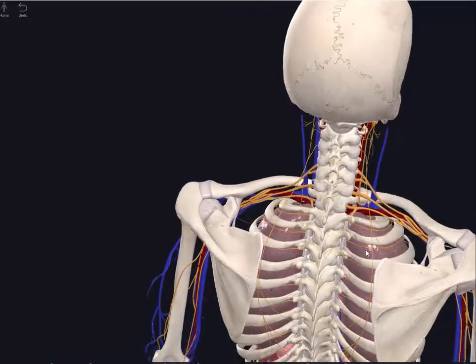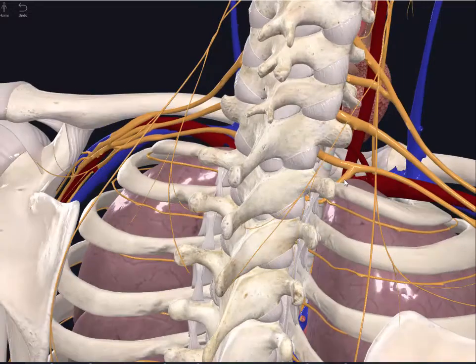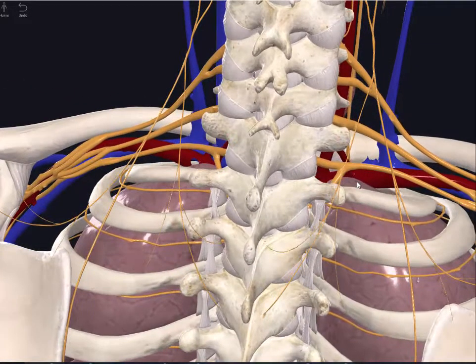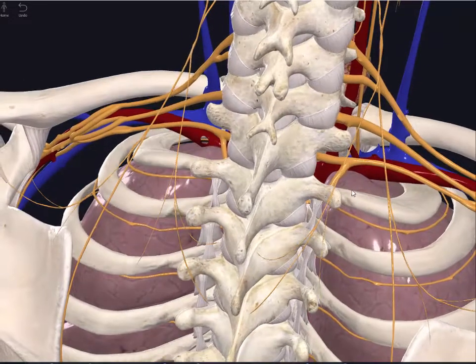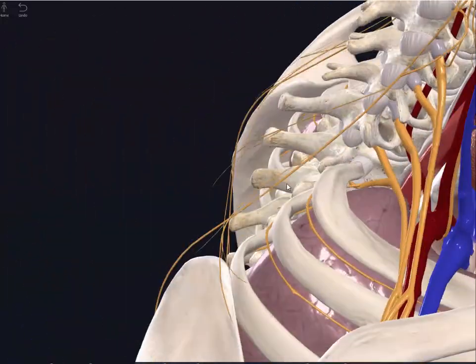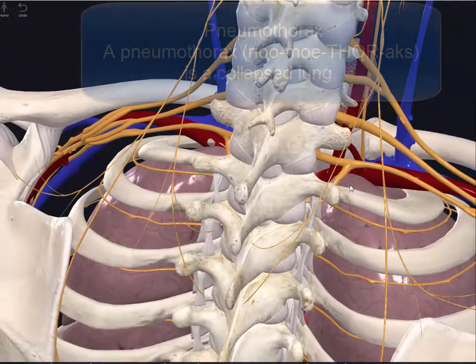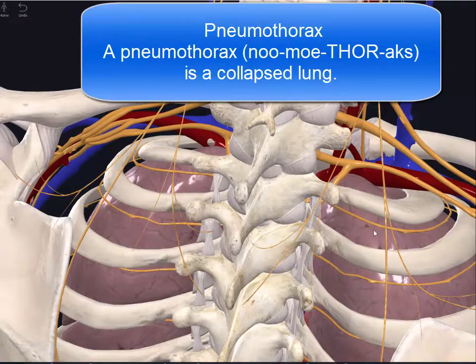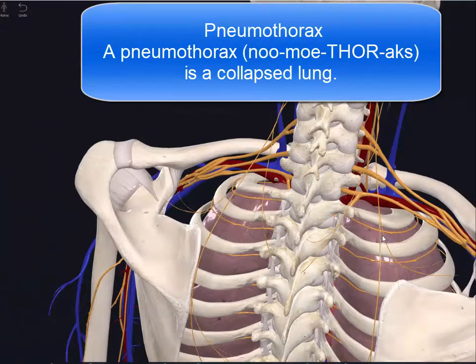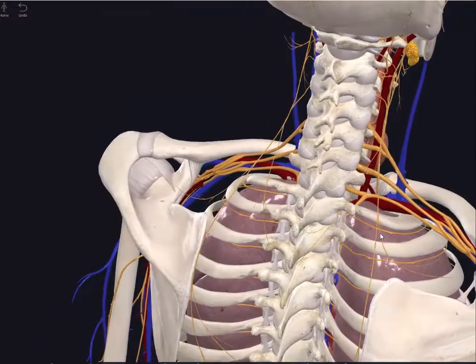So bearing that in mind, your first clinical correlation for the day is that if you think about penetrating wounds, for instance a gunshot or a knife wound, and these things are unfortunate but they do happen, if these types of injuries involve the apex of the lung, of course they can allow air to escape into the pleural cavity, which will lead to air in the pleural cavity, which is called a pneumothorax. And that will then lead to collapsing of the affected lung, or actually it'll lead to atelectasis of the affected